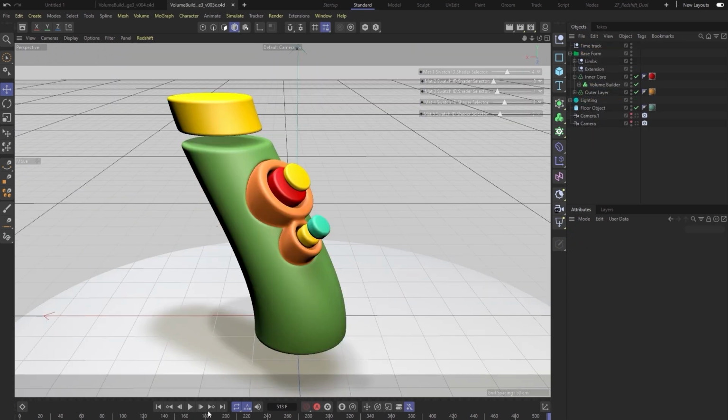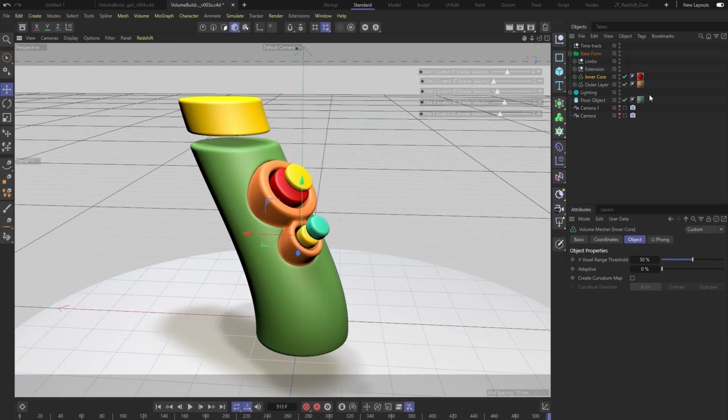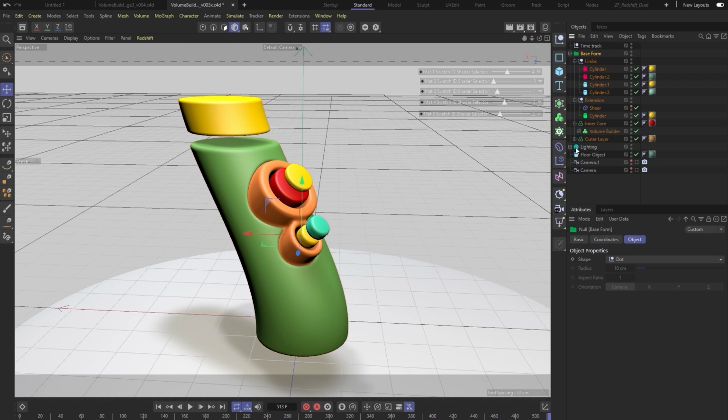Okay, so I have gone ahead and touched up and added some layers. Now you can see the object that I've color coded and created some organization with, and built out this outer skin layer, a kind of shell layer.